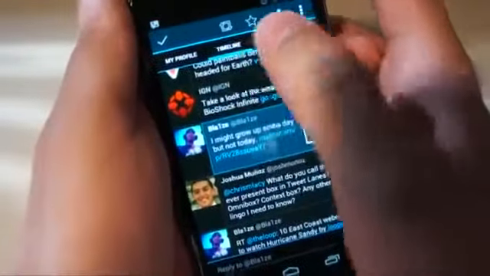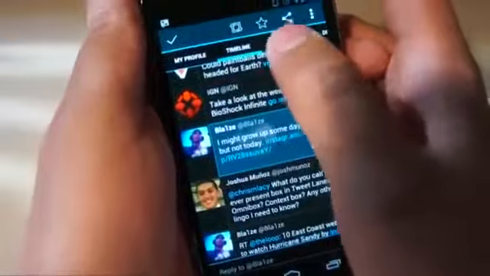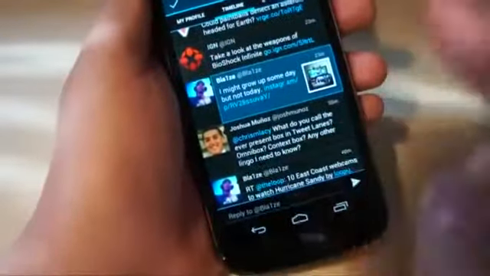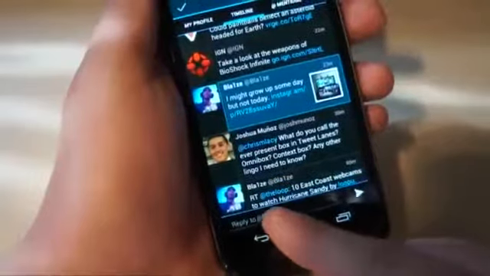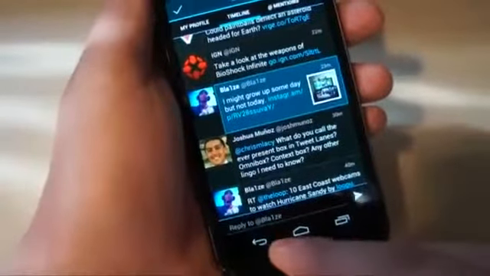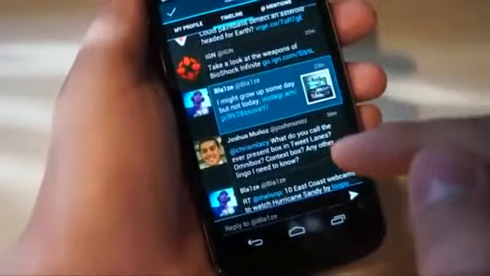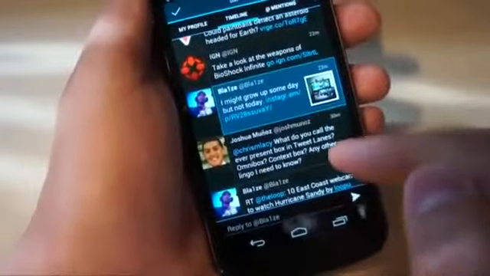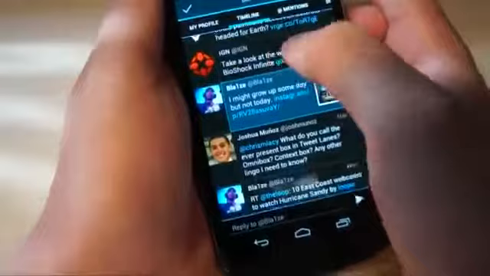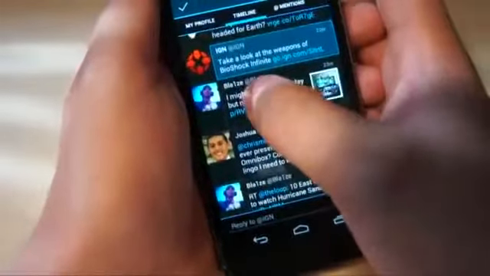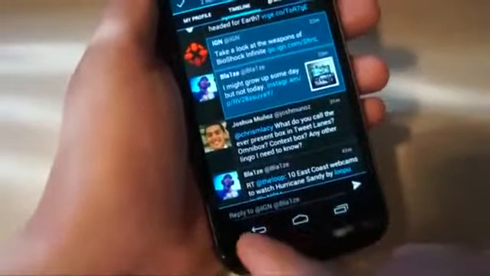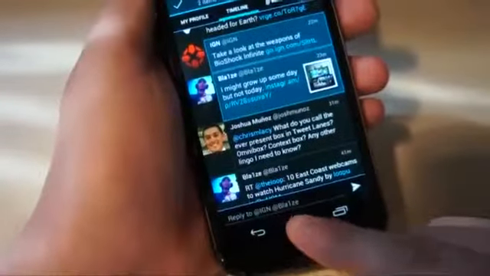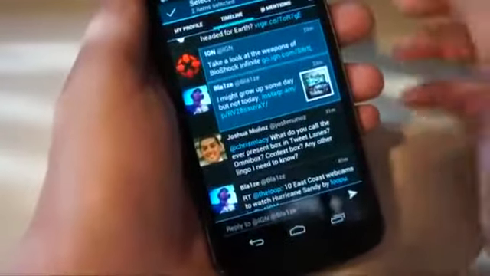So if I long press on this guy, for example, I get a new context-sensitive menu. I can retweet it, I can favorite it, I can share it through some form or fashion. But the context-sensitive box actually lets me reply to him just by long pressing on his handle. Now, if you want to send a certain tweet or a reply to more than one user, you can actually long press more than one at a time. Let's make sure this works because I know I've done it before. So we can do @IGN. Let's do, come on, @Blaze, and right there, reply to @IGN and @Blaze, which is very, very cool,